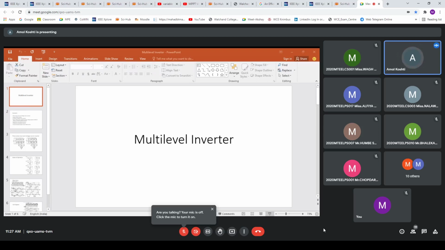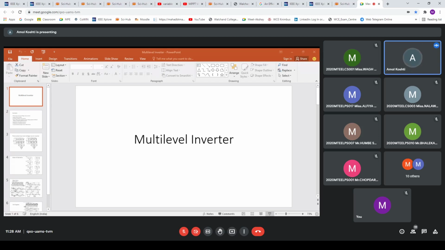After this comparison, we'll see the control methods for the multi-level inverter, analyzing the multi-level inverter. We'll see the different carriers, that is, the high frequency signals we will use. We'll do the pulse width modulation there, and we'll use the output of this PWM to drive the different switches in the multi-level inverter. So this is the total content of this chapter.